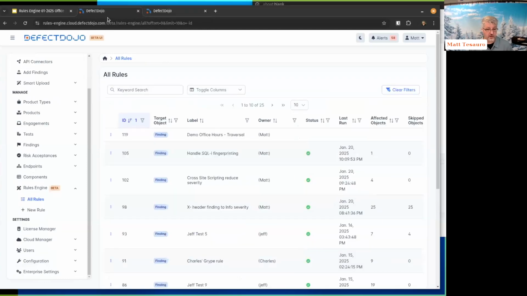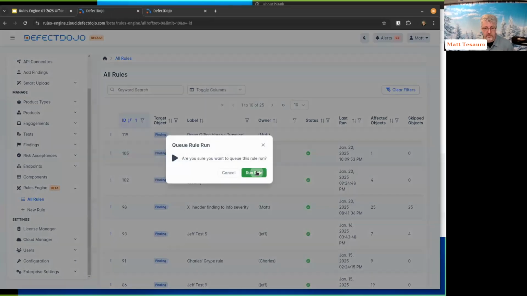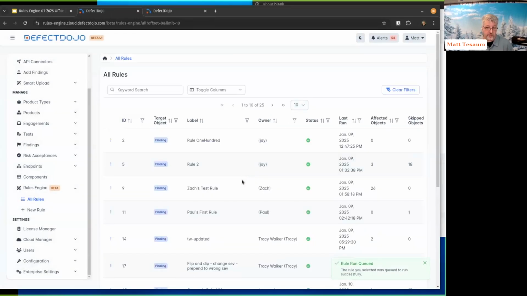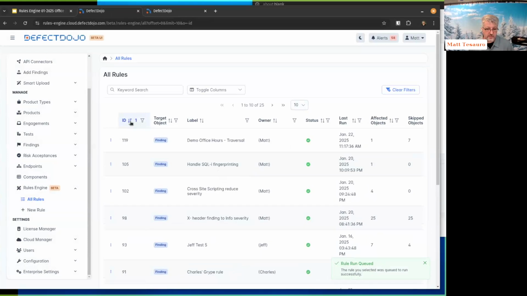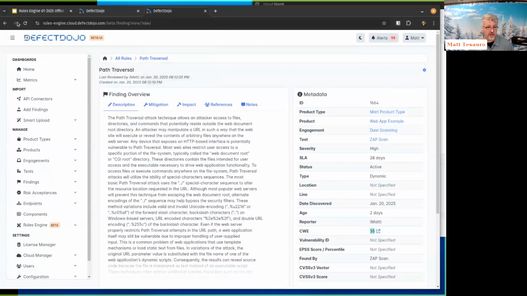So if I go back here and I run this rule, yes, I want to run the rule. It will go off, and the rules run in the background, so it may take a minute or two for them to run. Let me go back here and filter for that last rule. Okay, it has run. It affected one object. It skipped 7. If I go back over to this finding and I refresh,